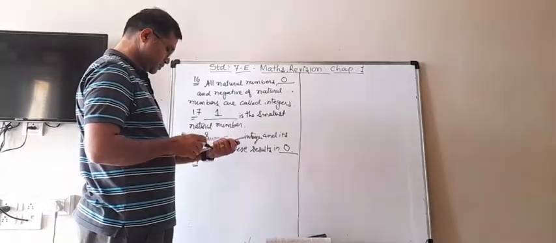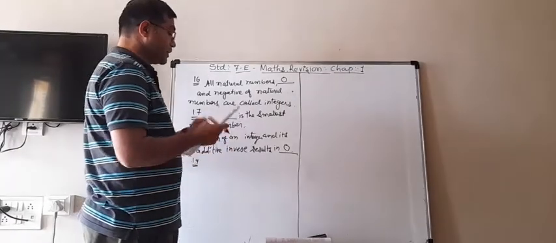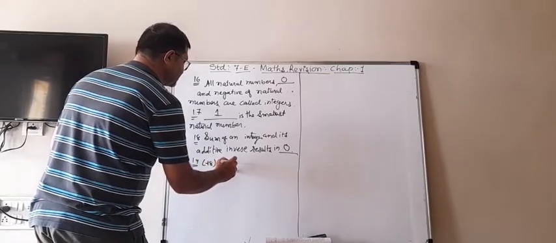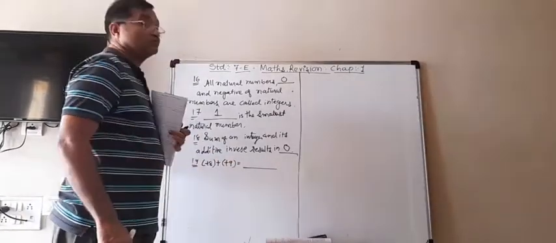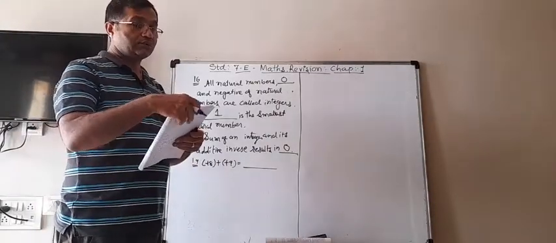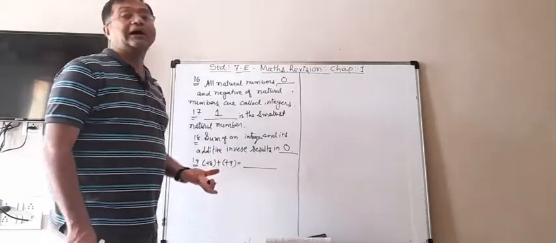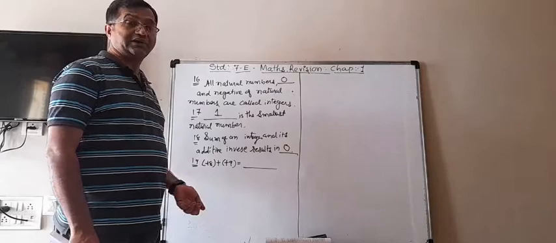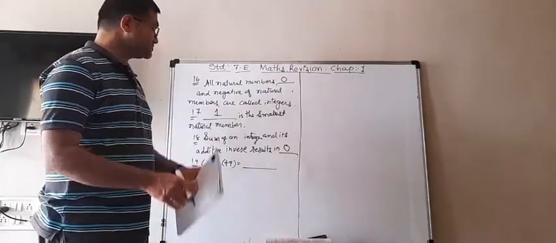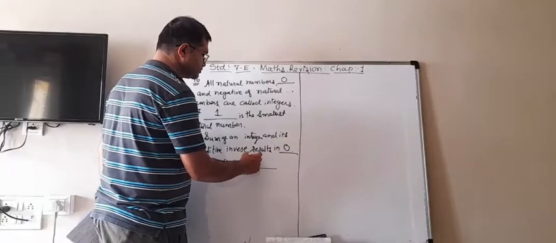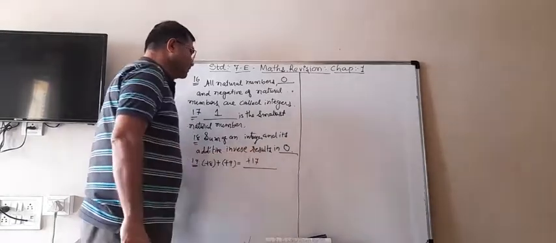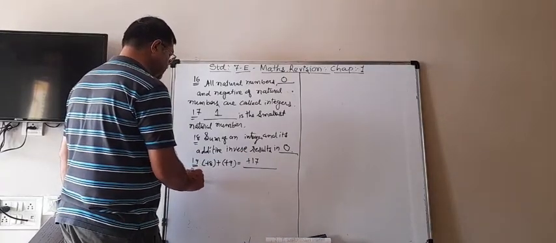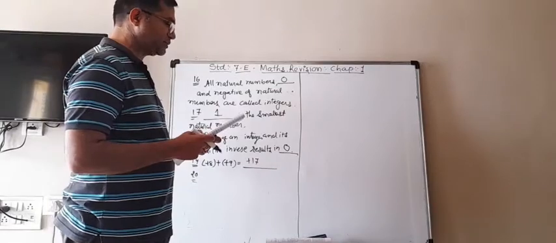19. Plus 8 plus 9. Here, only to make you confused, the plus sign is also given in the bracket. So it is simple: 8 plus 9, and 8 plus 9 is 17. So the answer is plus 17, or you can write down only 17. Doesn't matter. So the answer is 17 because 9 plus 8 is 17.